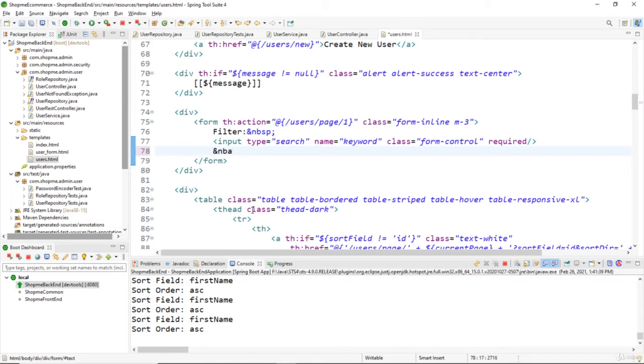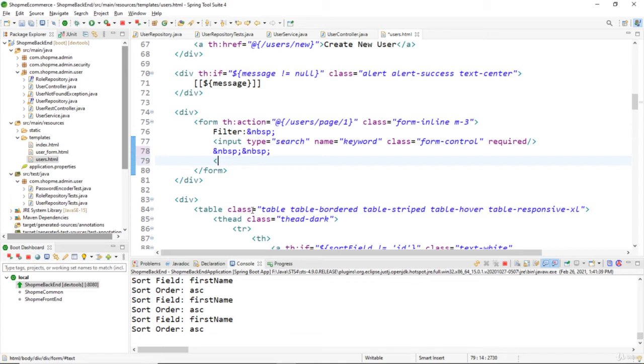We have a space here, 2 spaces, and then the input button, input type equal submit, value is the caption of the button, search, and the class is btn and btn-primary. These two classes come from Bootstrap,